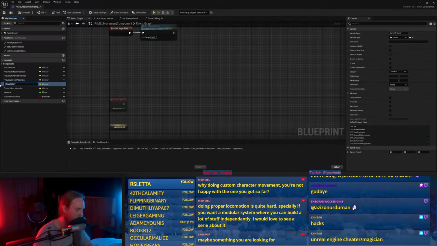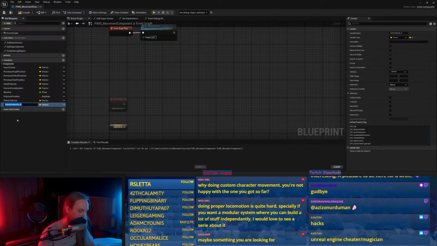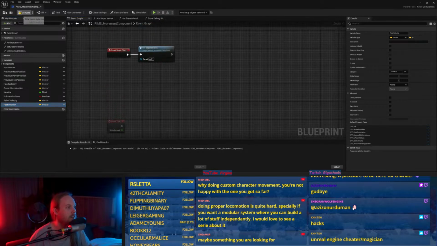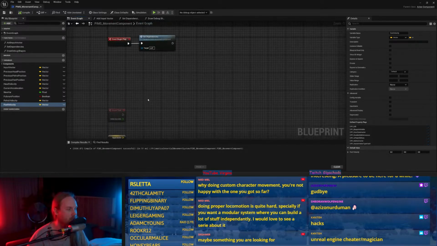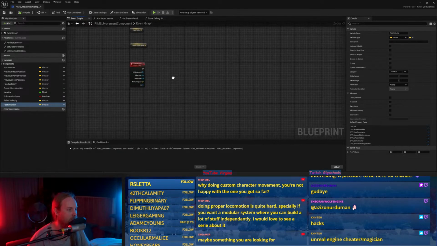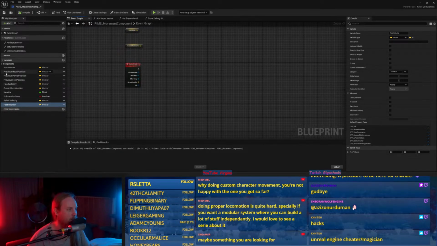So then we're just going to say head velocity, pelvis velocity, and feet velocity. Feet velocity is like the character velocity, like the capsule velocity, if that makes sense.